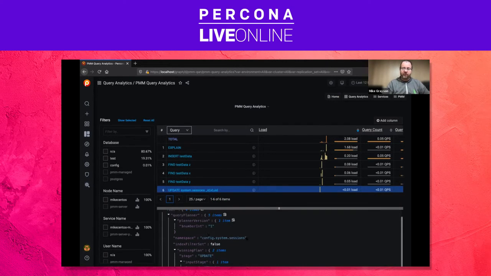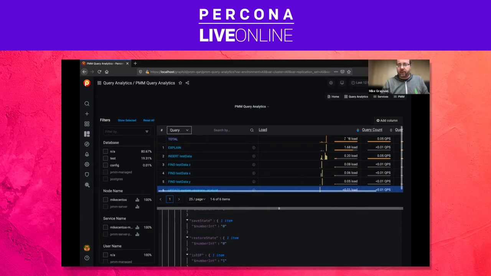But this can be very helpful. For example, if you see something where you're doing collection scans, or if you have an aggregation, you can go through the different stages and see where it might be slow. So this is very powerful when you're looking at your slow queries, to be able to see where they're slow and what they're doing, how often they're running,